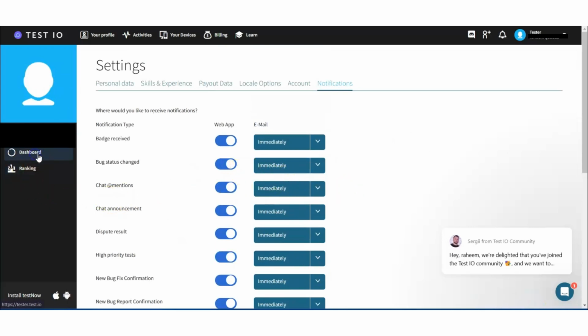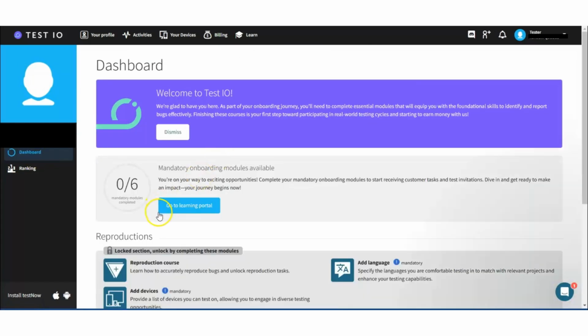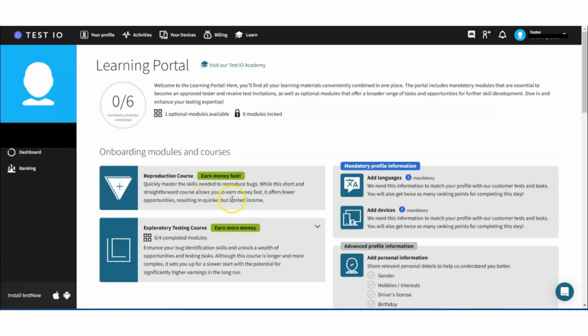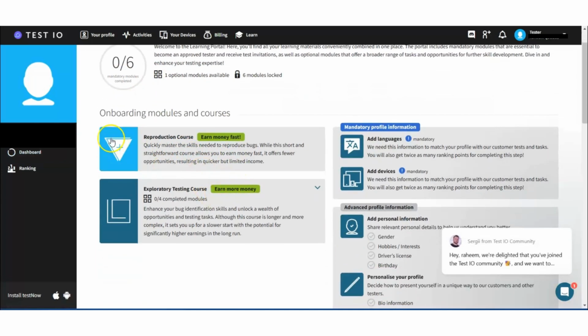Then you click on dashboard, go back to the dashboard, and then you go to learning. You click on go to learning. There's this module that is mandatory and you need to complete. Okay, that's very important. So I'm just going to click on go to learning now, and then after clicking on go to learning, you see these. The first one is a production course. You learn how